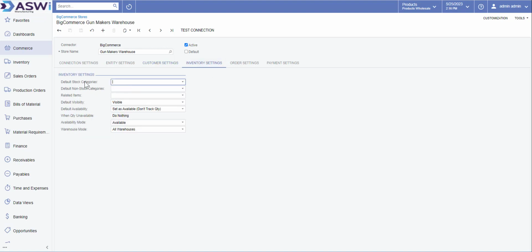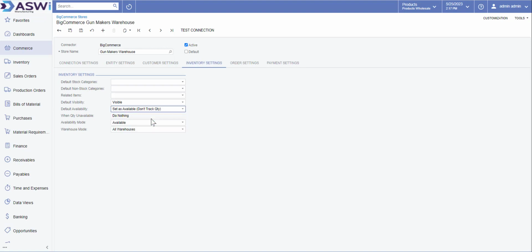Inventory settings is where you set your defaults. These can be changed by individual item, such as your visibility, whether you want that quantity or the item to be visible on the store or not, whether you want to track quantities. When you track quantities, it's going to let people know if you're out of stock, and then you can change it to set as pre-order, or you can make it unavailable, but leave it on the store. If I change this to track quantity, then I have the option to decide when I'm out of stock, do I make it unavailable or set as pre-order? So how do I handle out of stock situations? I'm going to go ahead and leave ours